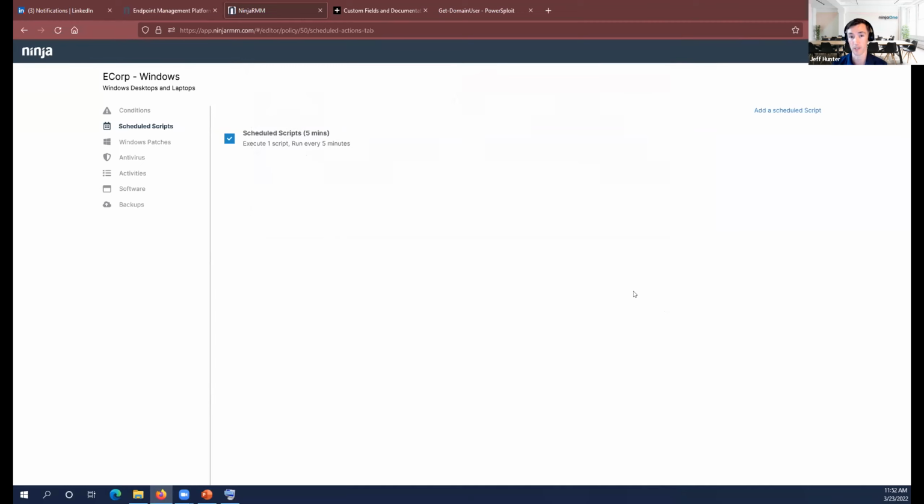As soon as that device joins into Ninja, joins that policy, it'll run that script. And you can configure that to make sure that the appropriate applications are installed. So essentially, just by installing Ninja, if you have everything set up on the policy level, you can ensure that Gravity Zone is installed, that Firefox is installed, or Chrome is installed, whatever applications are necessary to the line of business operation. You can essentially have that as a set and forget,